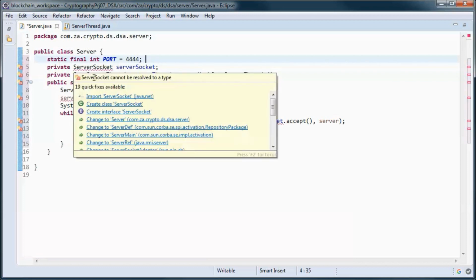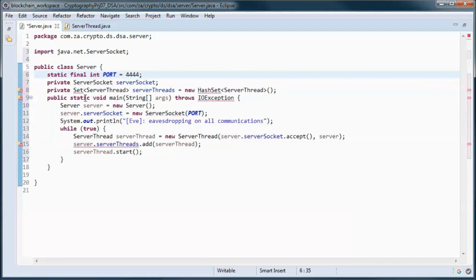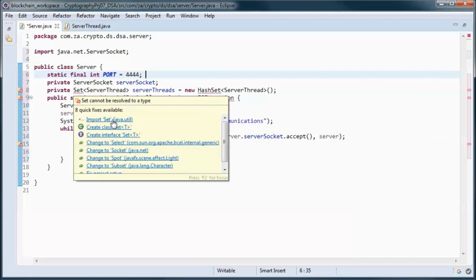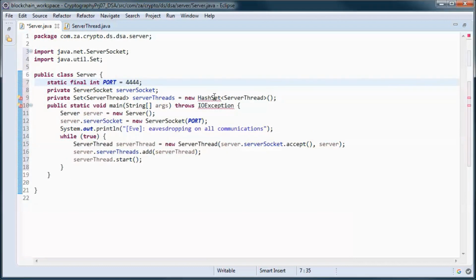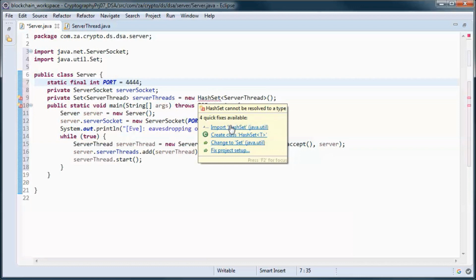and we'll have two instance variables, a server socket and a set of server threads.